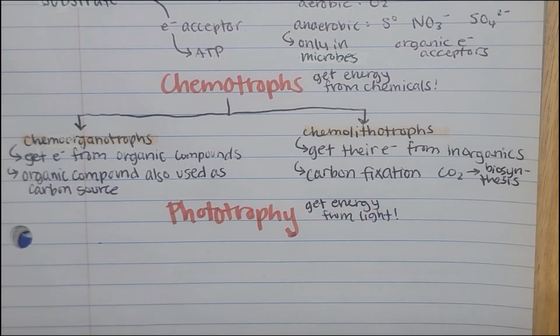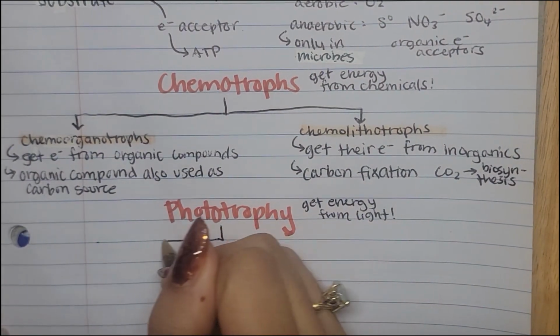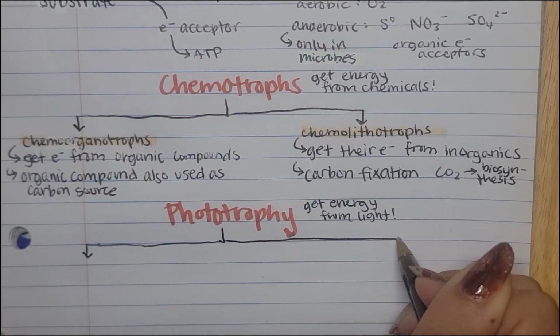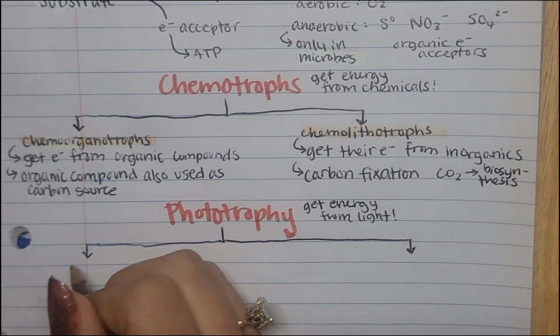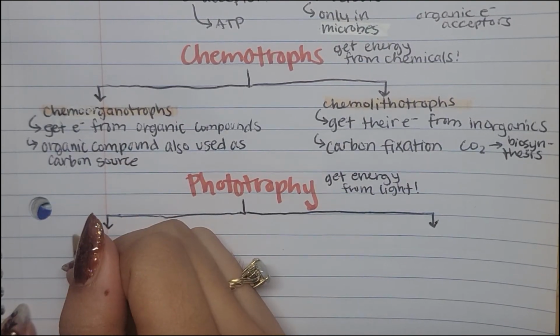Hooray. So once again, we're going to have two different categories here. There are two types of phototrophs, and both of these get their energy from light, either water or some reduced compound. Now we're not talking about their electron source, we're actually going to be talking about their carbon source. So